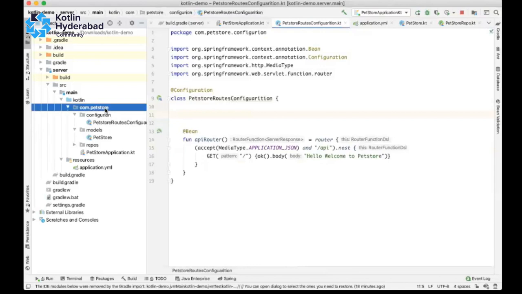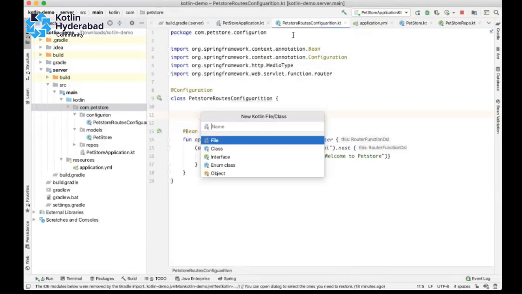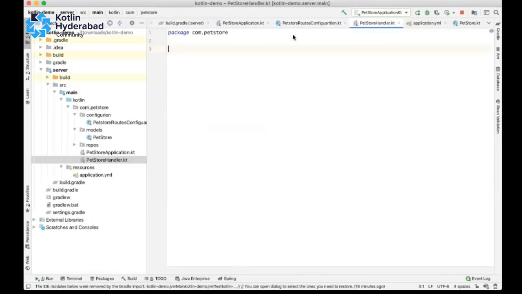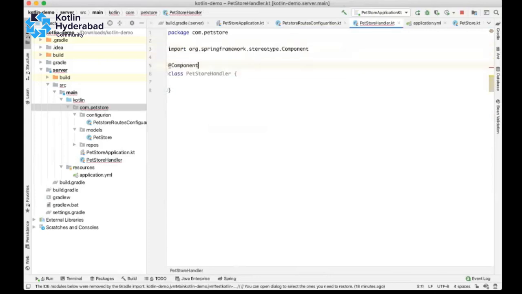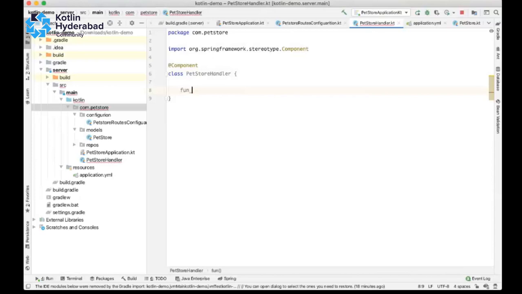I'm just creating a handler class to handle the requests from the routes. It is just a component, it is nothing much more than that. Function add a pet, add store.